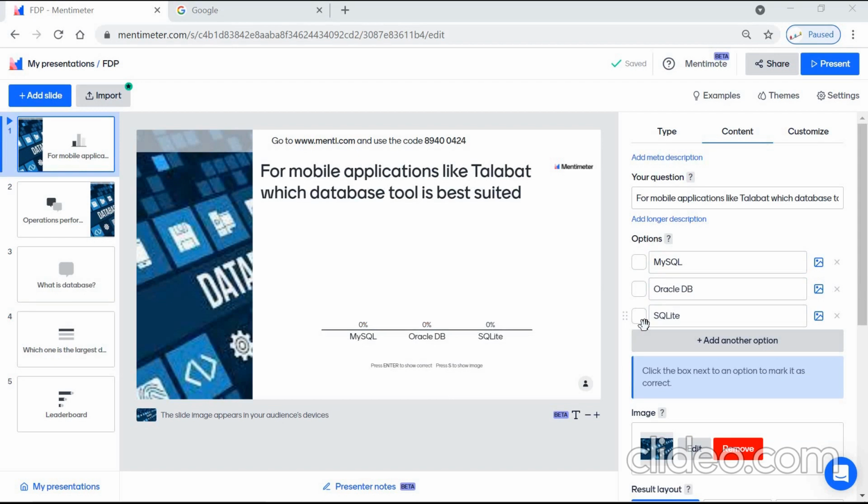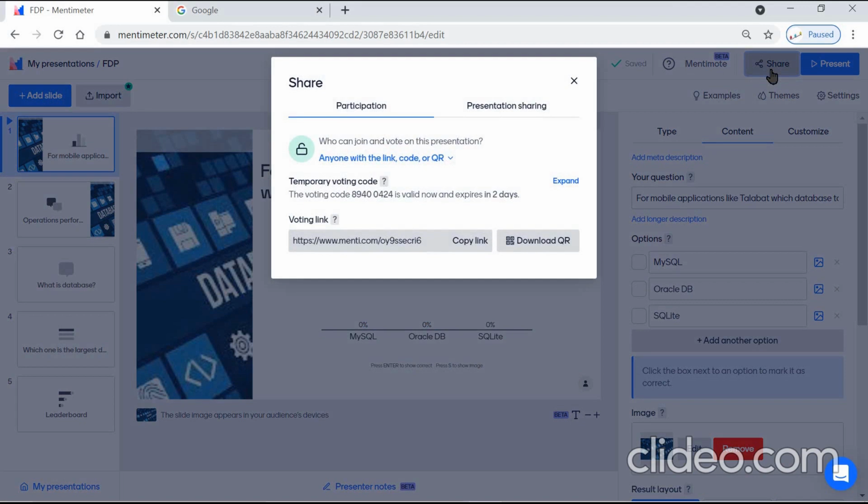Once your presentation is ready, you are able to share these questions with students. You can share these questions in three ways. Either you can give the Mentimeter code to the students. For this, students can go to menti.com and log in by using this code. You can also share this link. Users can click on this link and directly go to the page. You can also share this QR code among students. Students scan this code and open the quiz.